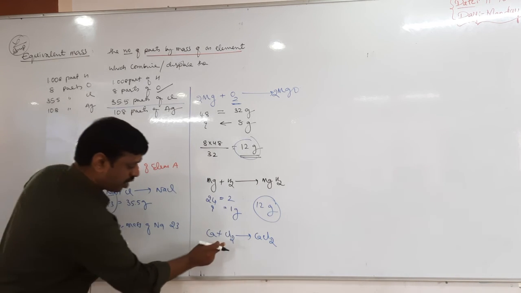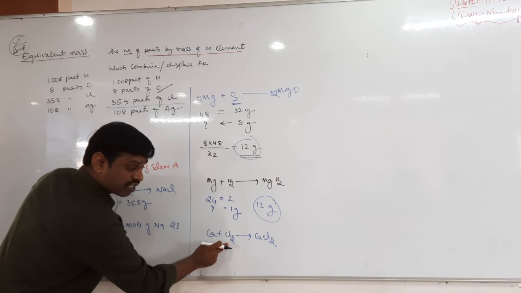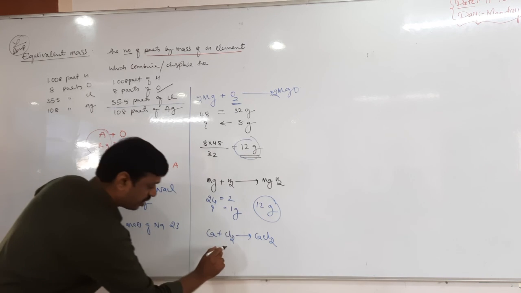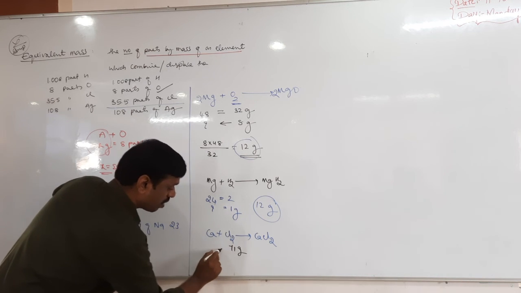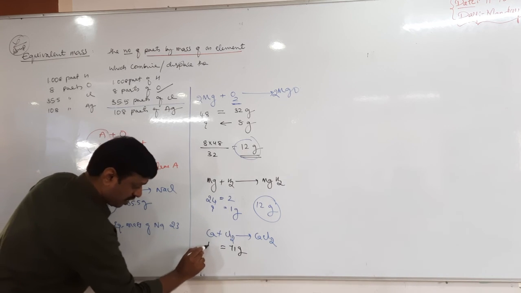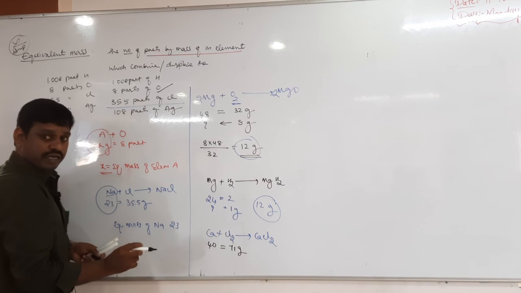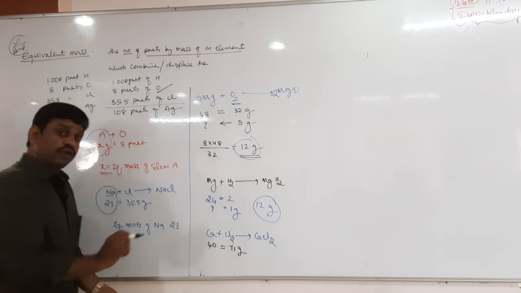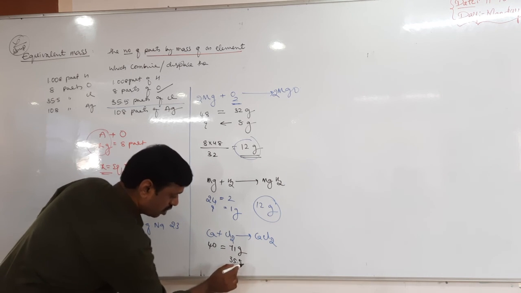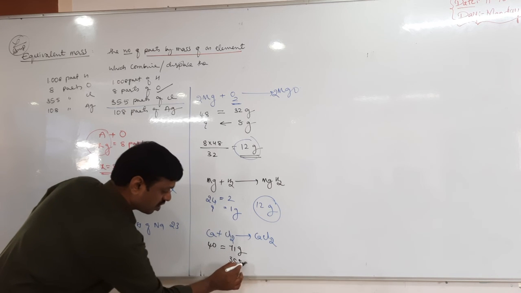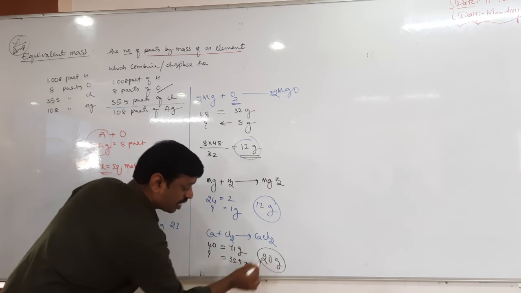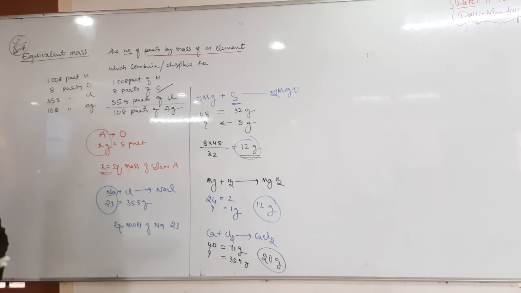Now tell me, here chlorine. What is the mass of the chlorine? 1 chlorine is 35.5, 2 chlorine is 71. 71 gram chlorine is equal to how many grams of the calcium? Atomic mass of the calcium is 40 grams, gram atomic mass. But we know the equivalent mass of the chlorine is 35.5 grams. So 71 gram equals 40 gram, 35.5 grams equals how many grams? 20 grams. Therefore, what is the equivalent mass of calcium? 20.